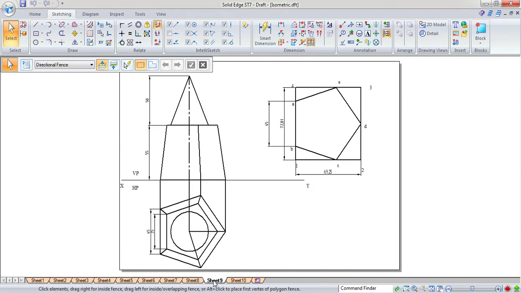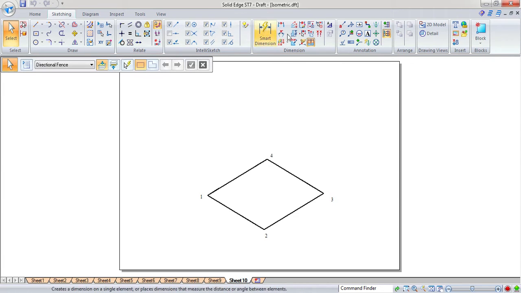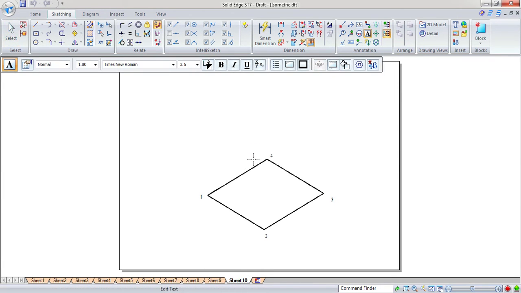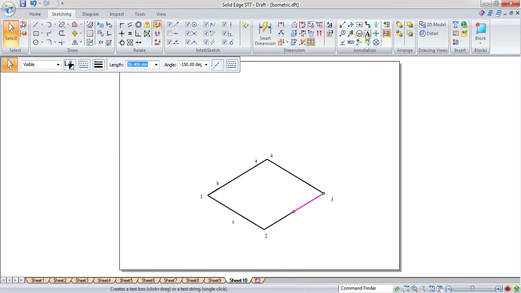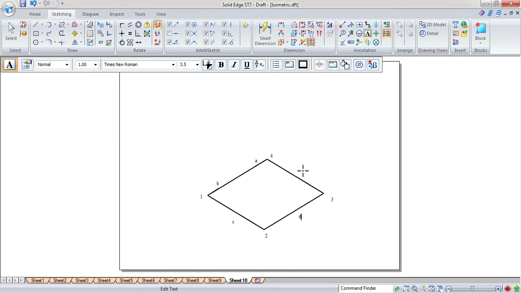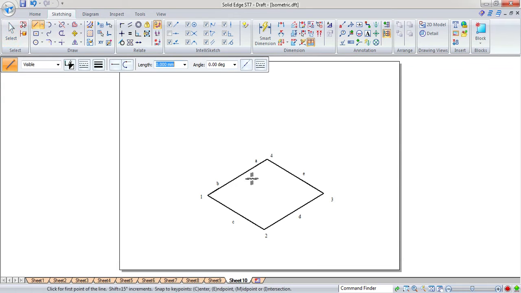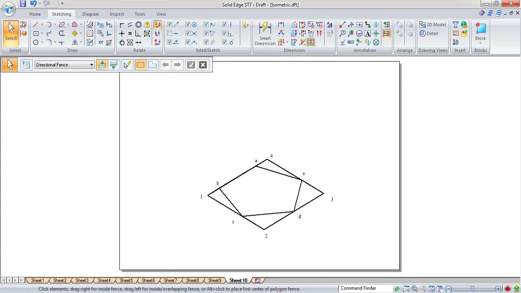Now look here. First I'll give the annotation, then it will be easy for you to connect the points. This is A, B, now C will be here, and this will be D, and finally this will be E. Just connect the points: A to B, B to C, C to D, then E, and again back to A. After constructing the bottom face, all the lines you have drawn for marking purposes you can delete.